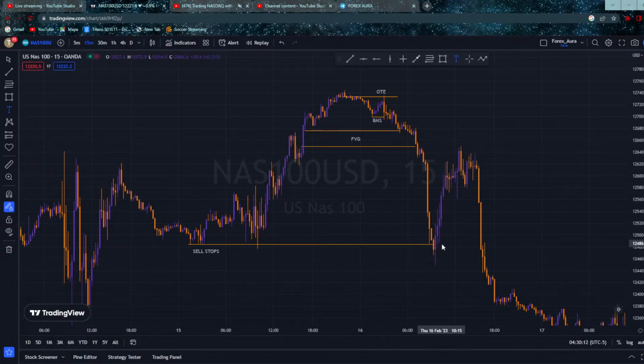So this looks like a market maker sell model in my eyes, right? Yes. So check this out. To show that this area really had sell stops, what did the market do? The market came down here and hit this area, and then validated an order block. After validating an order block, what did it do? It went up, right? It went up like this.